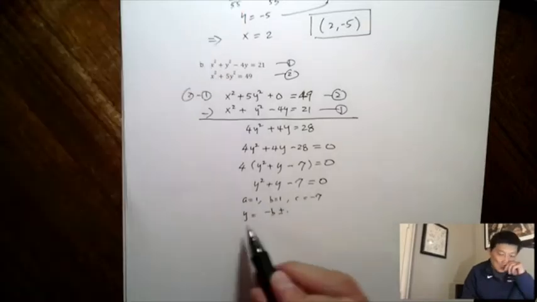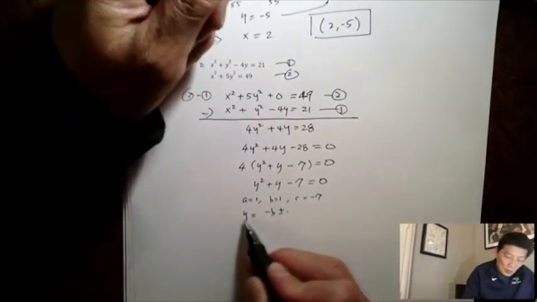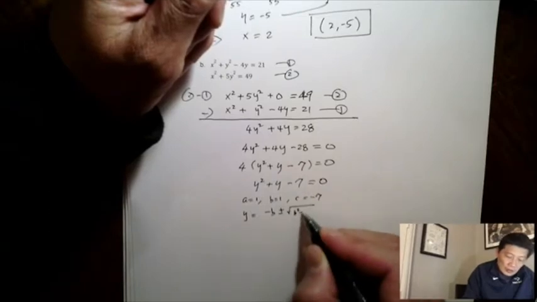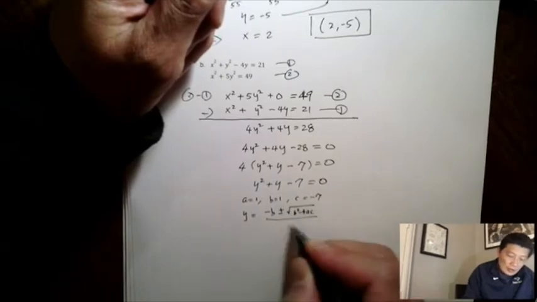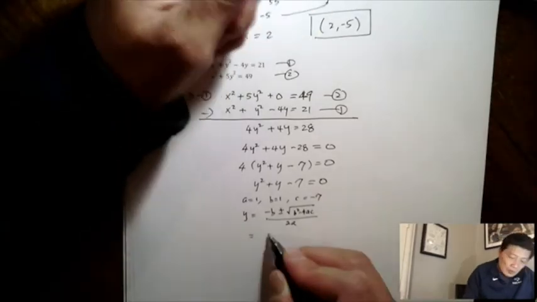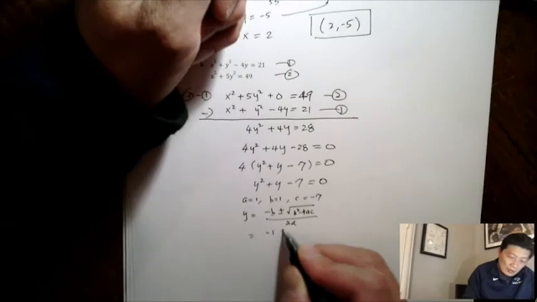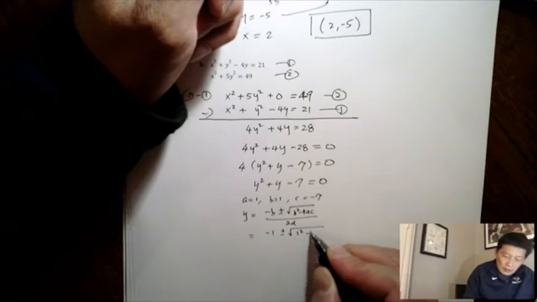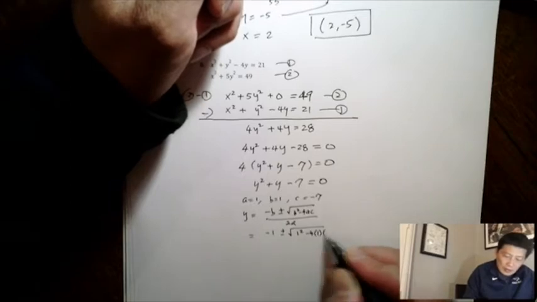So y is equal to negative b plus or minus square root of b squared minus 4ac over 2a. So in this case, you will put in negative 1 plus or minus square root of 1 squared minus 4ac over